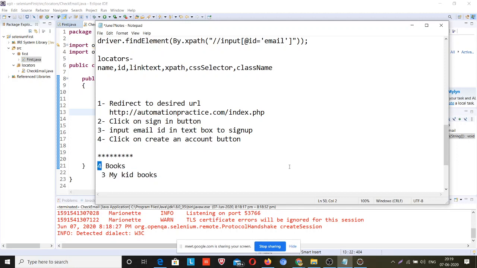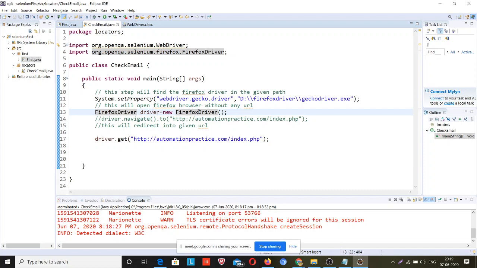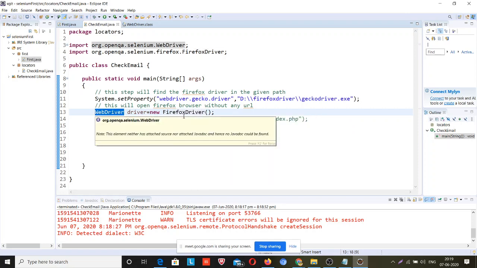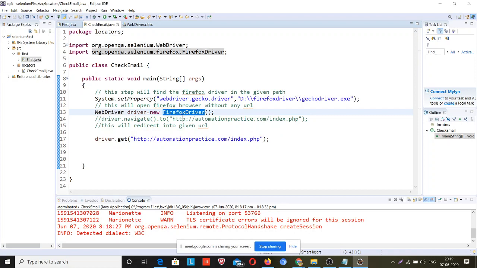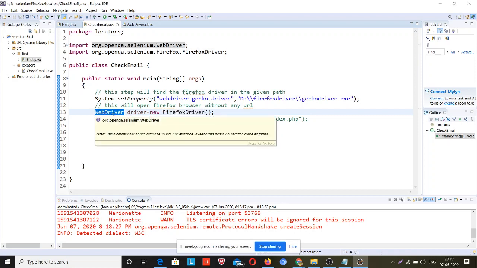I have those 4 books present, so why would I allow my kid to purchase a separate one? If WebDriver has that Firefox driver, I will make sure that Firefox driver comes from this WebDriver, so that everyone knows what I have to implement. This Firefox driver knows that it came from this WebDriver interface, and I have to implement things according to the WebDriver prototype.